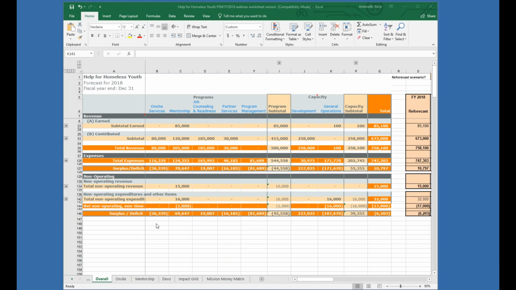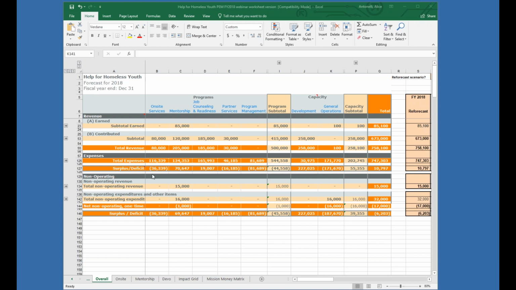And that is because we can't change the rent. I'm going to make the assumption that in this case, we can't change the rent. Just because we're reducing the program, we can't change the rent, and we still have to pay that rent. So we still have $10,000. Now, if we don't have on-site services anymore, we have to make that transfer back to general operations for that